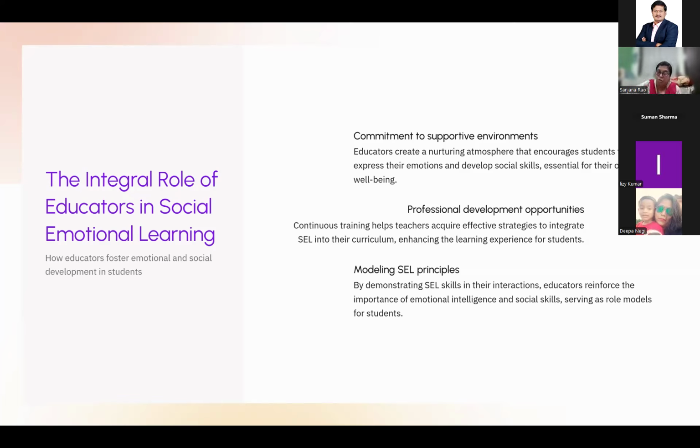Once we become close to them, we understand them, and once we foster and understand their emotional skills, definitely all these things are possible. They'll look at their teachers as role models. One day or another, examples will come out where they say this teacher was my role model. Yes, sir. Sanjana ma'am, the most beautiful thing is that they start talking like you, they start walking like you.